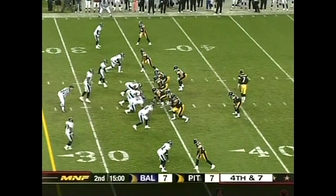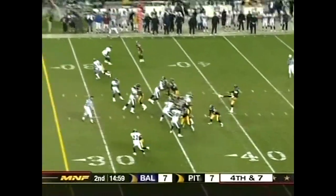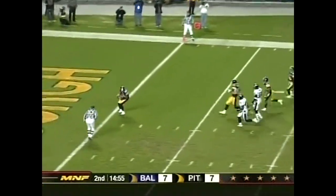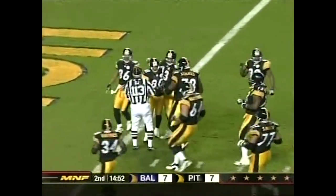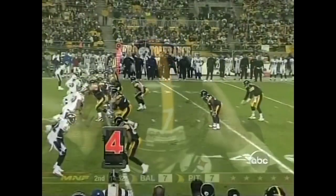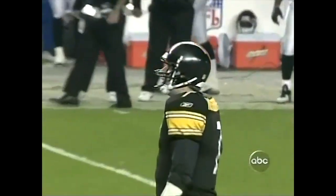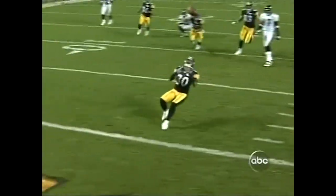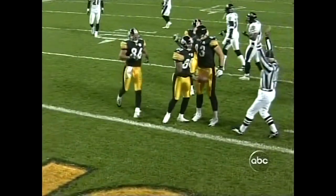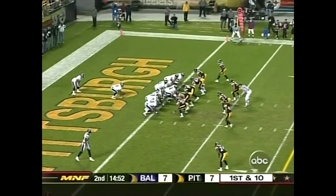And Pittsburgh lines up to go for it. Ben Roethlisberger can also punt out of this formation, and he'll do it left-footed, and he does it right here. He throws right, he kicks left, and how about that? Kind of pooch punts is left-footed. He started out like a shotgun, dropped back about 3 more yards, took the snap, kicked it left-footed, dropped it right there. Jamal Lewis is the running back, and he's about 8 yards deep in the end zone